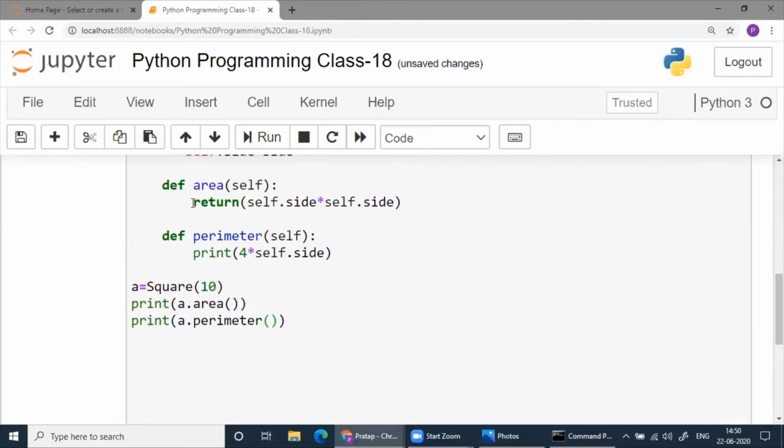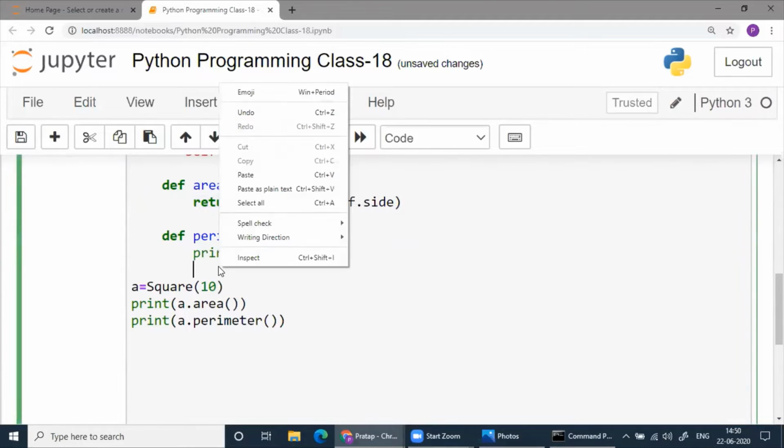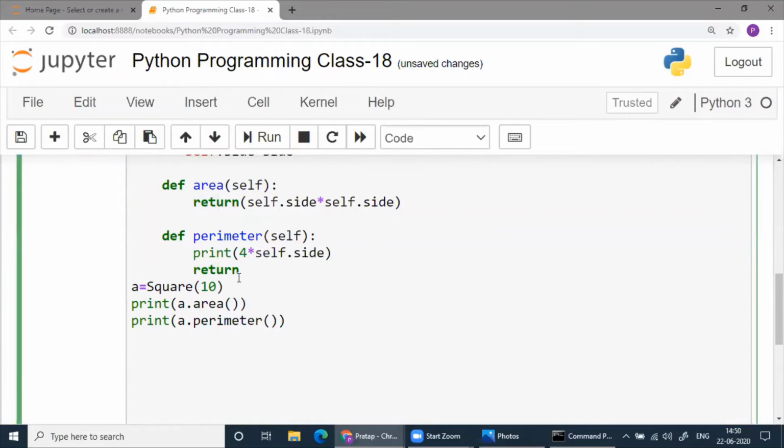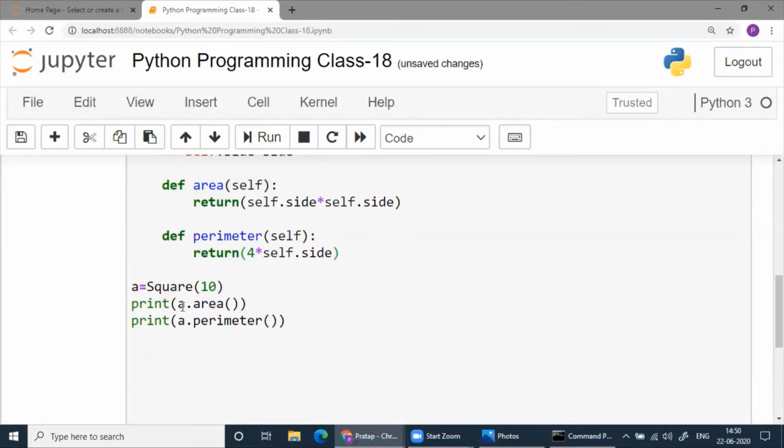Again, the same problem. We'll paste here. Run it, you will get 2. So this is one method. These are the two methods.